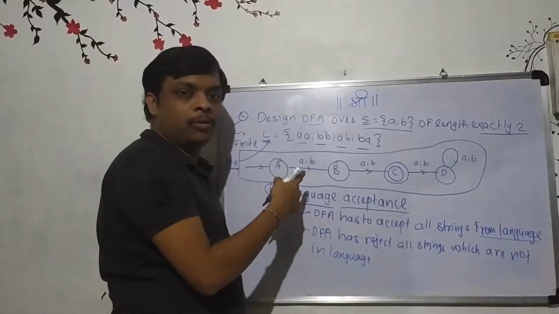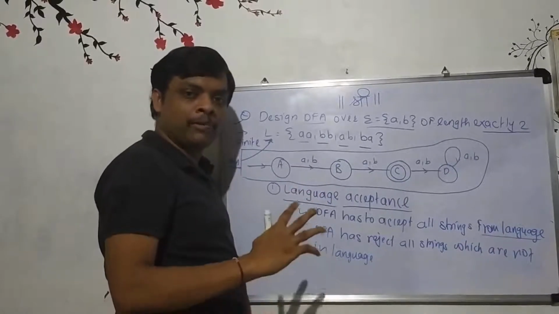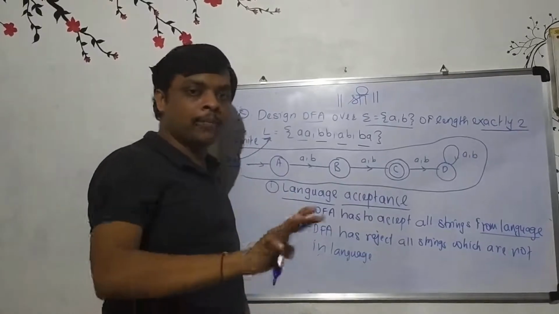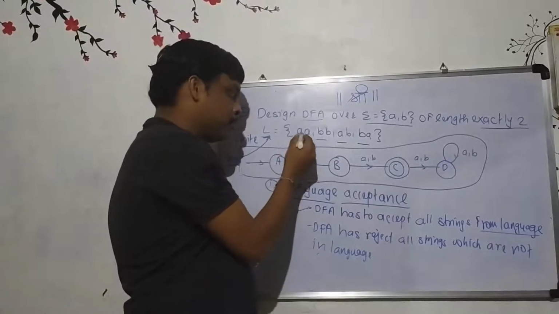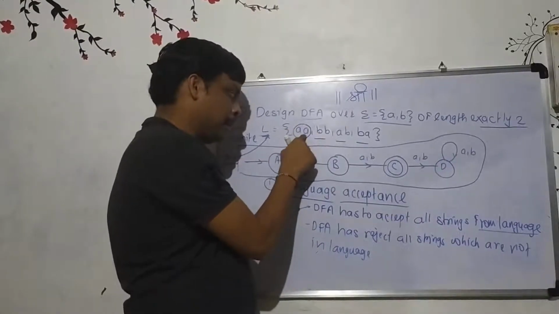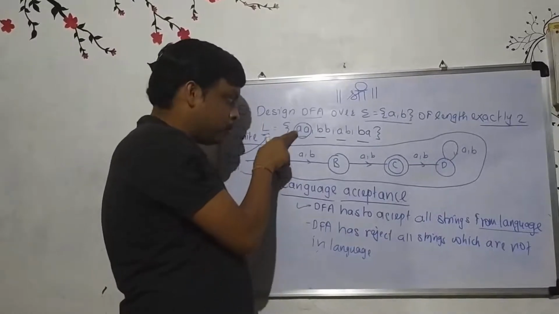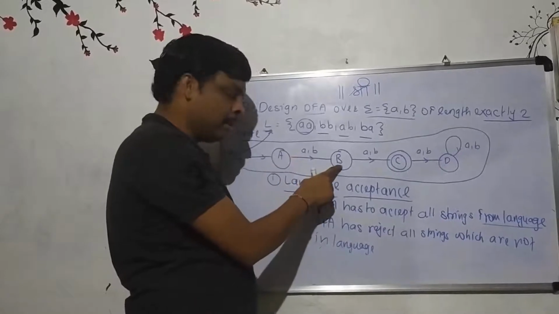How to check now whether an input string is accepted or rejected? That particular point we have already discussed in our previous session, so now I am not going to revise it. Suppose let us take first input string AA. Always start with the initial state, capital A. First symbol small a. Whenever you are in capital A, observing small a, you will be in B.